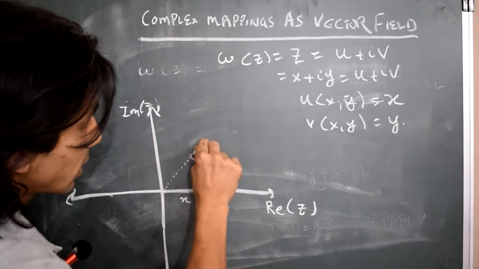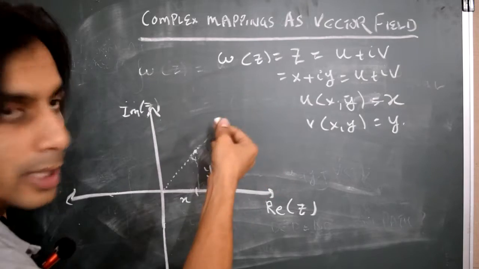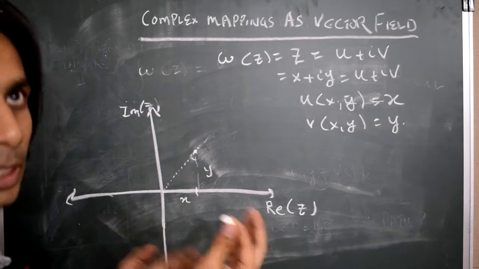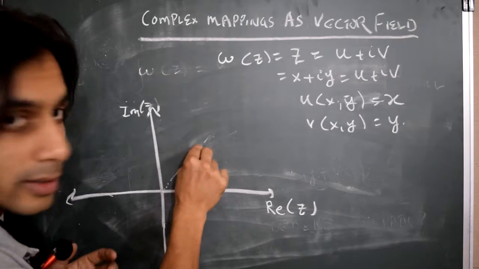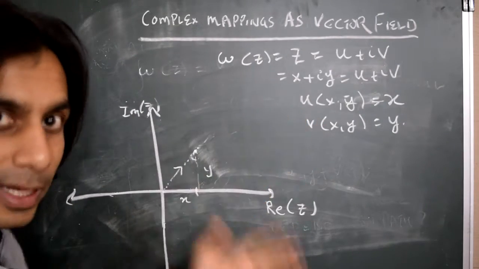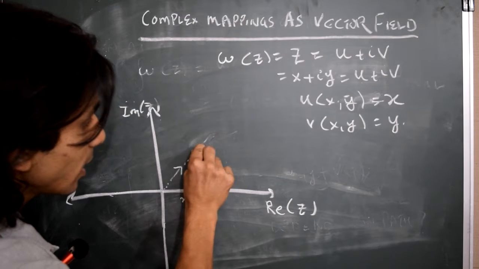So we just draw another vector here, pointing in the same direction as this vector, because essentially u is just z. The only difference being that if we were to plot the complex variable z, we'll start from the origin and draw an arrow like this, just like the way we're drawing here. But now since we're plotting the function at the point x comma y, we'll draw an arrow starting at the point x comma y